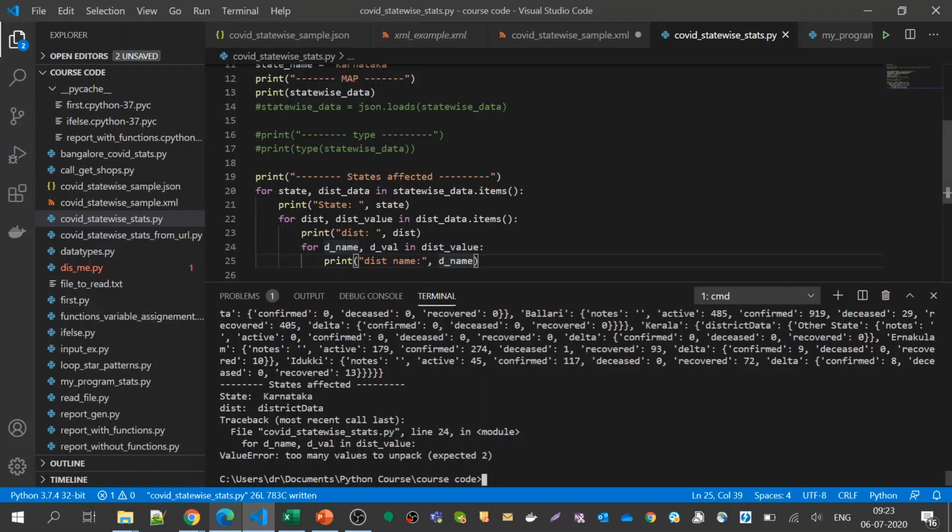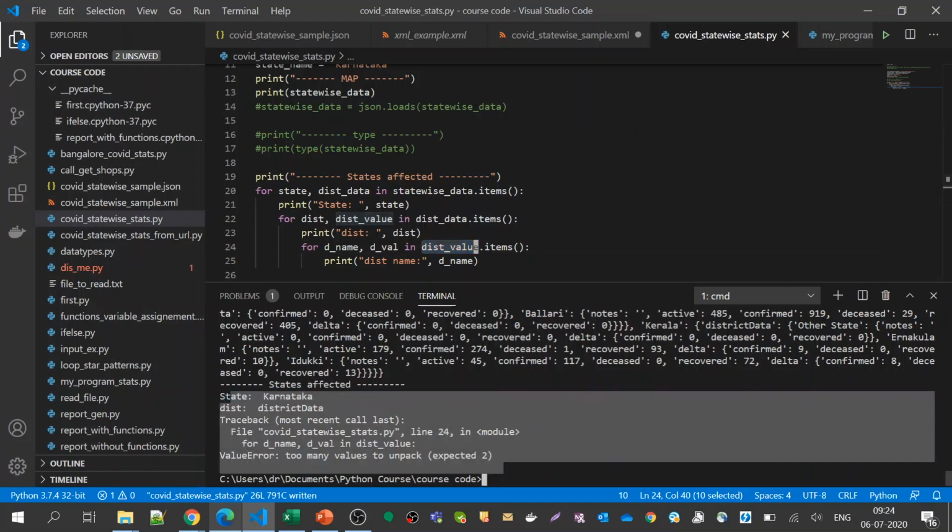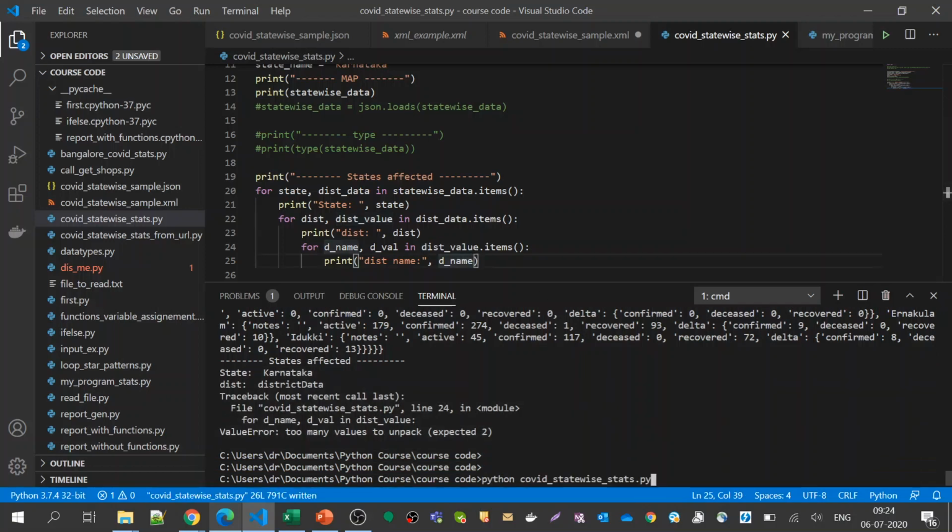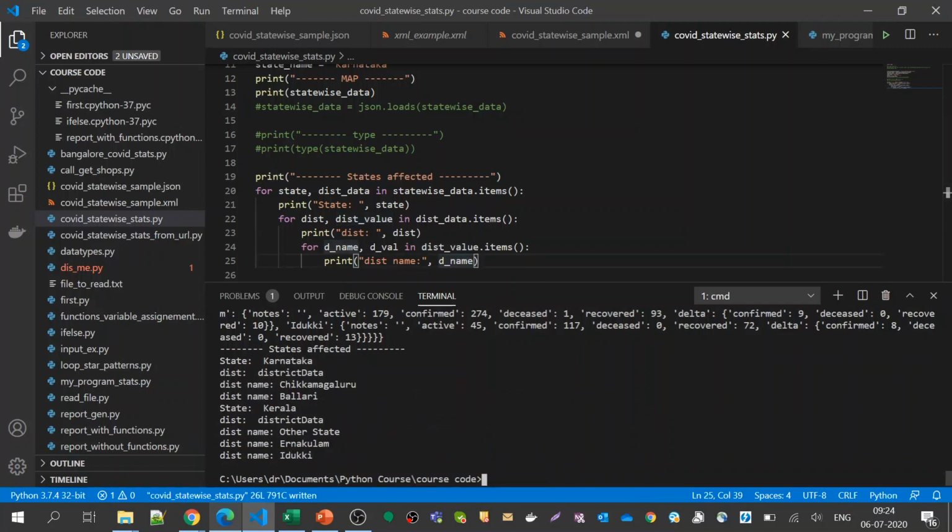Too many values. Okay, what is too many values? Because I have not used the function that returns the items. If I simply put this value, it will simply dump the whole map, and that is why it led to a problem. Now we have to use the function to get the items. Let us see what is happening. Okay, great. Now we got the state, we got the districts, another small box which is district data.